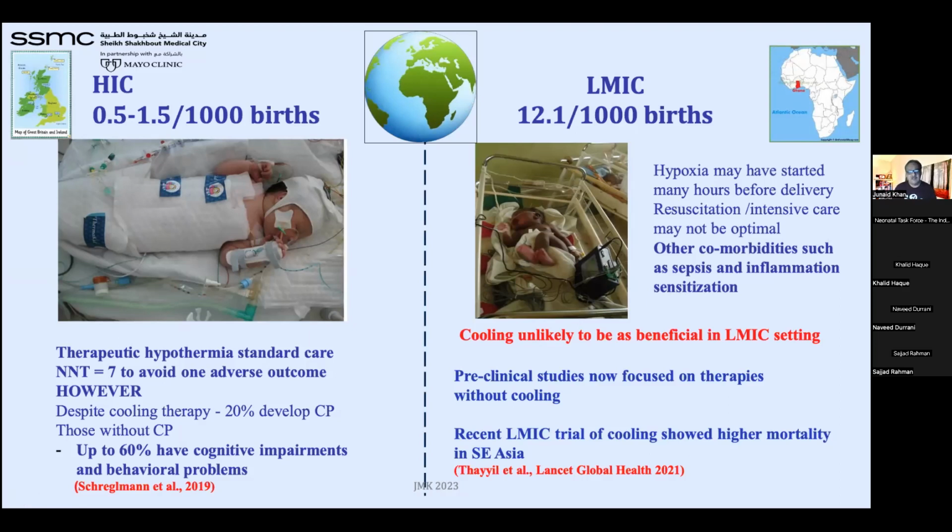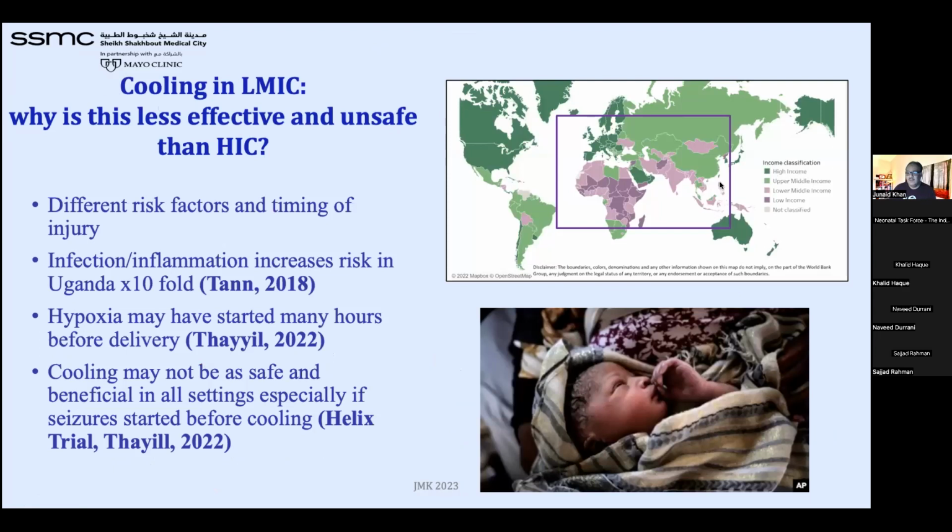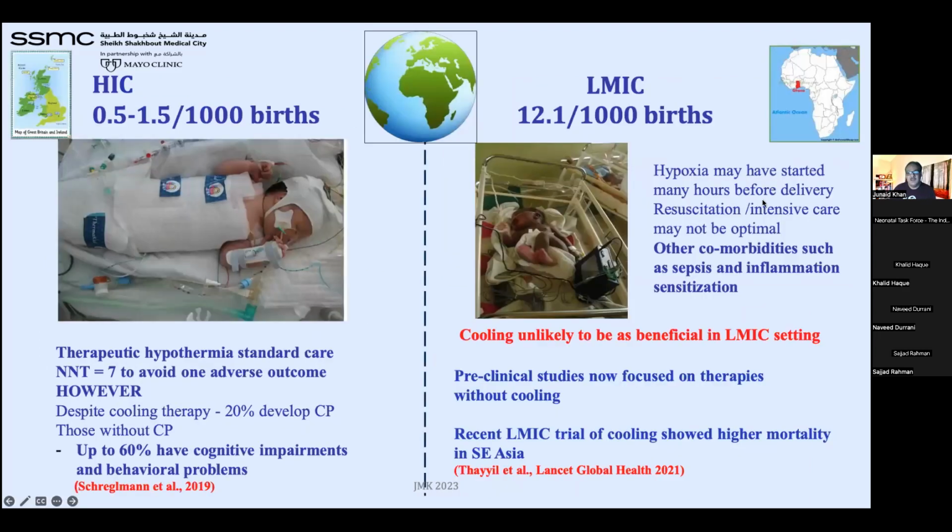So this is very important to know in those babies who we are thinking of cooling. In low middle income countries, as you all know, cooling is not recommended, and there are many reasons for that. There's the HELIX trial, which is a very pragmatic trial, and you cannot ignore it. And there are other trials from many other places, and they said cooling is unlikely to be as beneficial in low middle income settings. One of the reasons is that hypoxia may have started many hours before